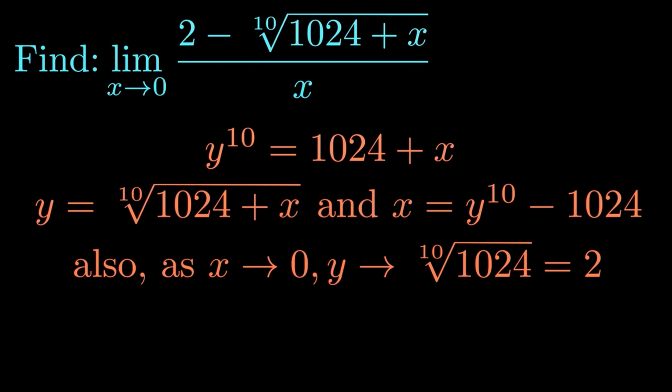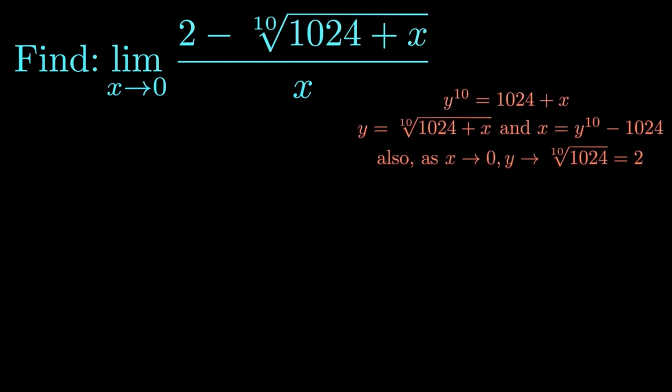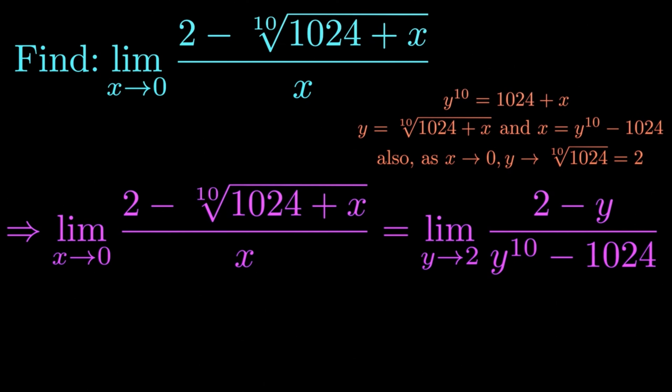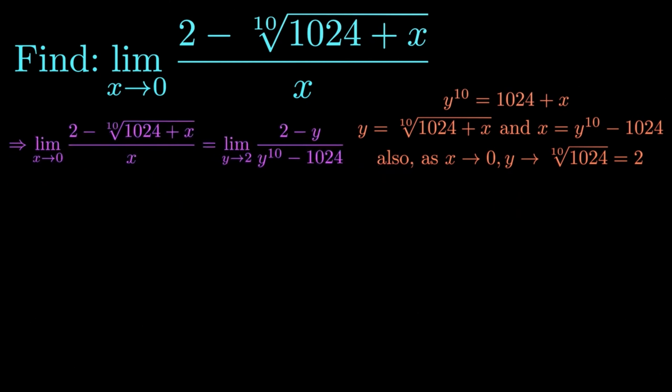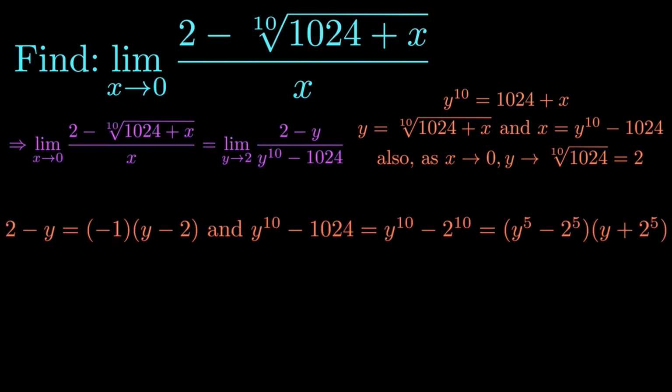It's really important that you incorporate this information into the limit, as if you didn't, we wouldn't get the same answer. This implies that we can rewrite our limit as the limit as y approaches 2 of 2 minus y, divided by y to the 10th power minus 1024. Now we can rewrite the numerator as minus 1 multiplied by y minus 2,